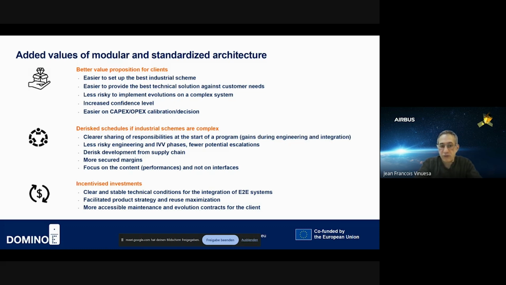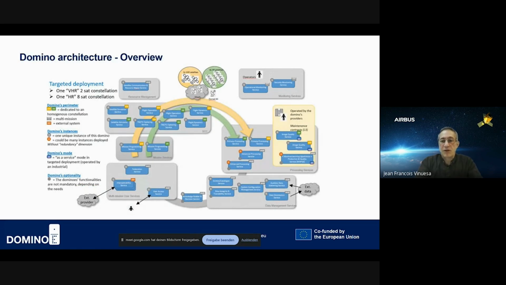And if you can move to the next slide, because I think that we never showed it actually. It was open on the web so everybody can see it, but this is basically how it looks. As you can see here, you have some dominoes. This is the blue box, and here you have a full cycle of operation, when you start from the client that enters via the UIS and orders a picture,